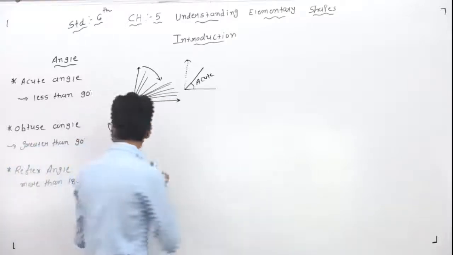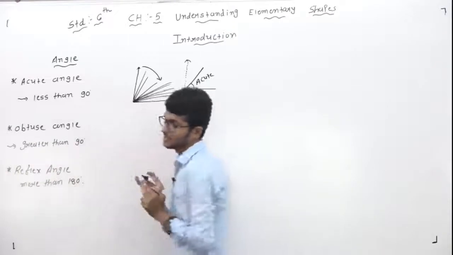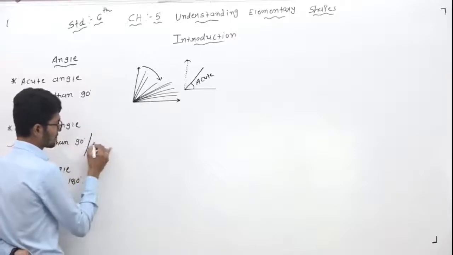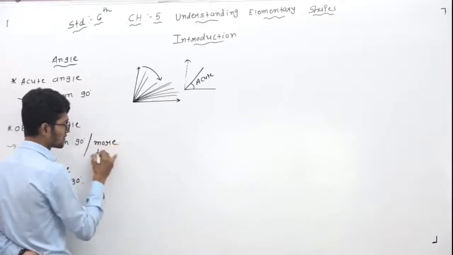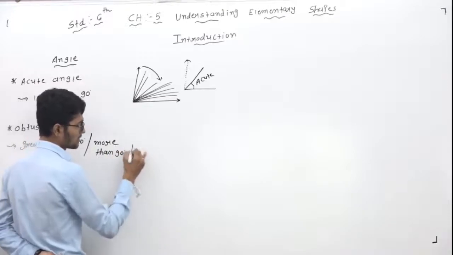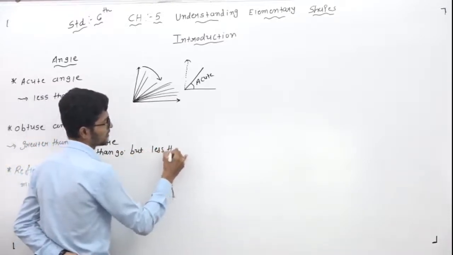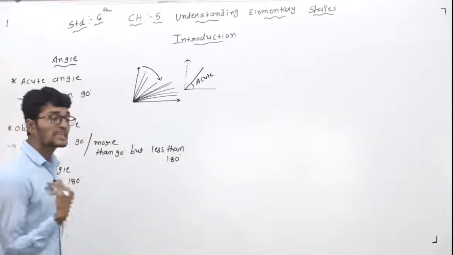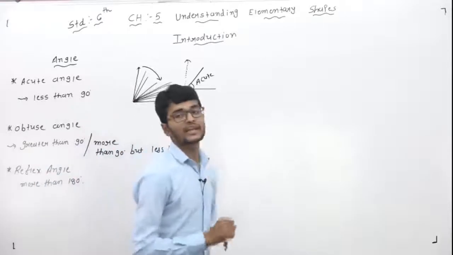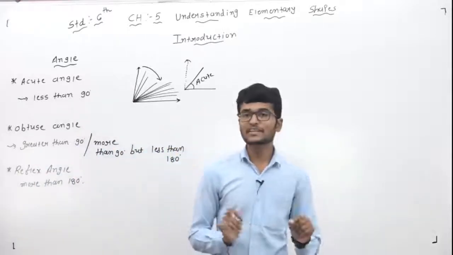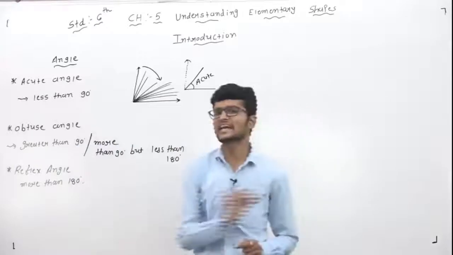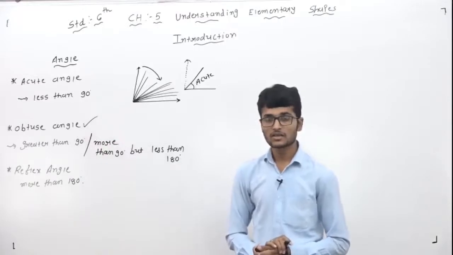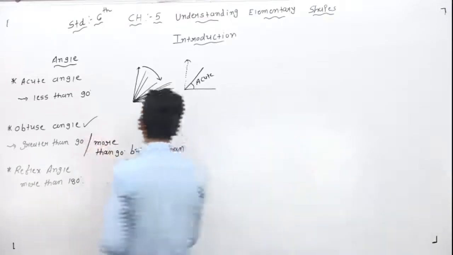So dear students, here we are writing greater than 90 degrees, but there is a small difference. Greater than 90 degrees is okay, but one condition: more than or greater than 90 degrees, but less than 180 degrees. ऐसा एंगल जो more than 90 degree हो लेकिन less than 180 degree हो. इट मीन्स 90 और 180 के बीच में जितने भी सारे एंगल है वो सारे एंगल हो गए obtuse एंगल. Understand? Now how to draw obtuse angles.